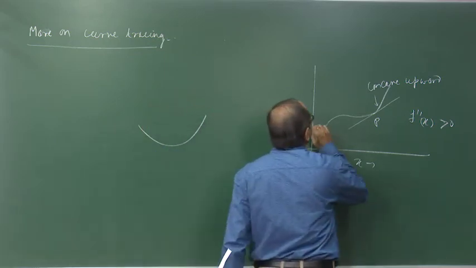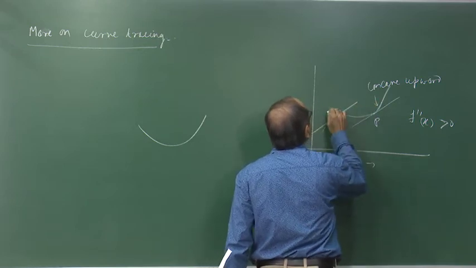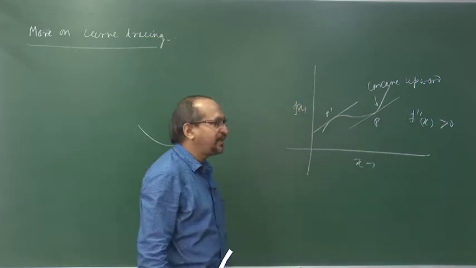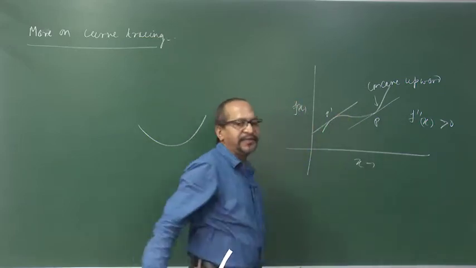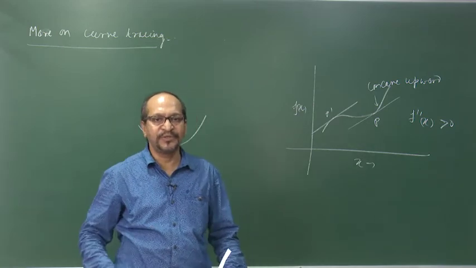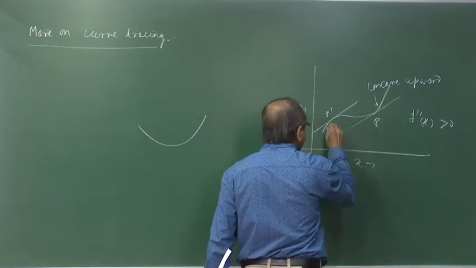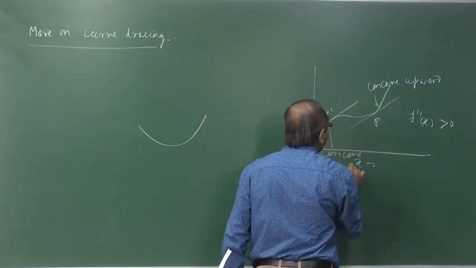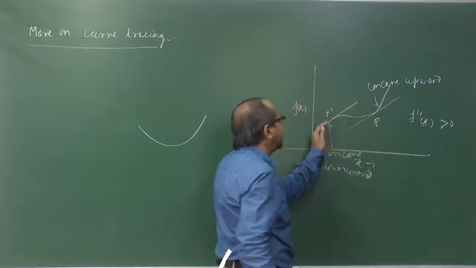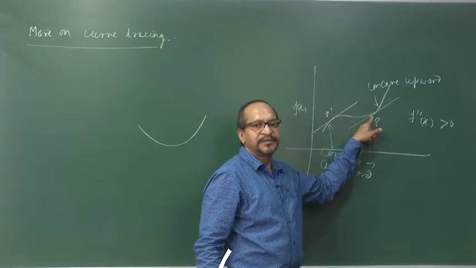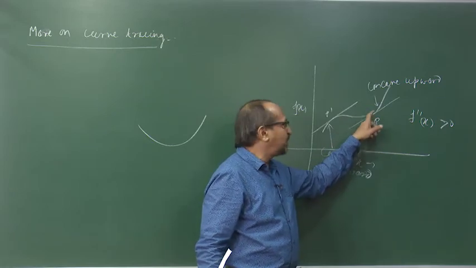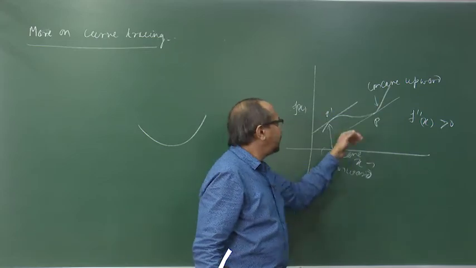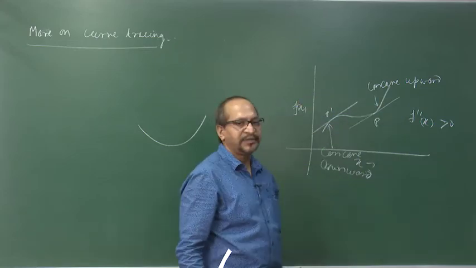And what about if we draw the tangent here, say P dash? Here you can see all the points in the neighborhood of P dash are lying below this line. When the points are lying below this line, obviously it is concave downward, or in other words we can say it is convex upward, and this one is concave upward or convex downward, right. So, when it is concave upward, it is convex downward. When it is convex upward, it is concave downward.